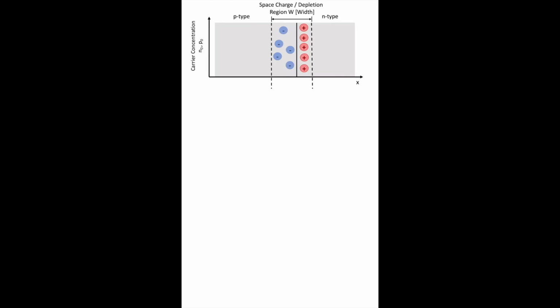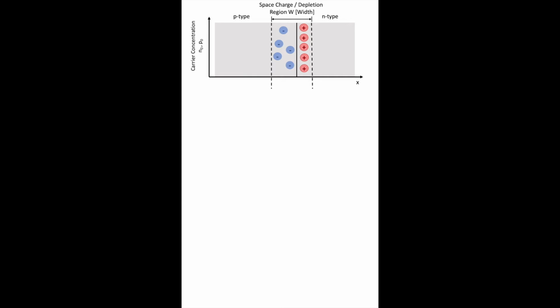Here we see a PN junction at equilibrium, meaning that there is no externally applied electric field or voltage onto this PN junction, where we have P-type on the left and N-type semiconductor on the right. We can see that this is a carrier concentration versus X position graph, where we can see that when we have a P and an N right next to each other, at equilibrium, there's a space charge or depletion region